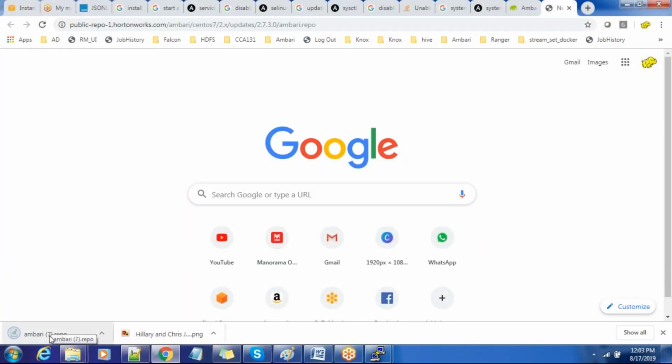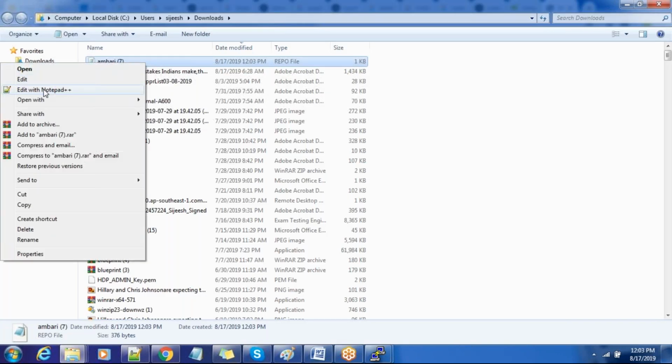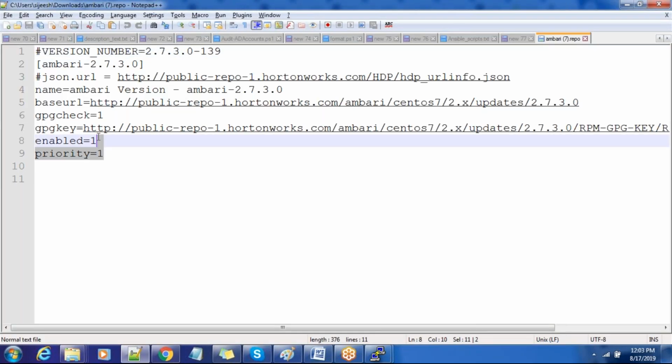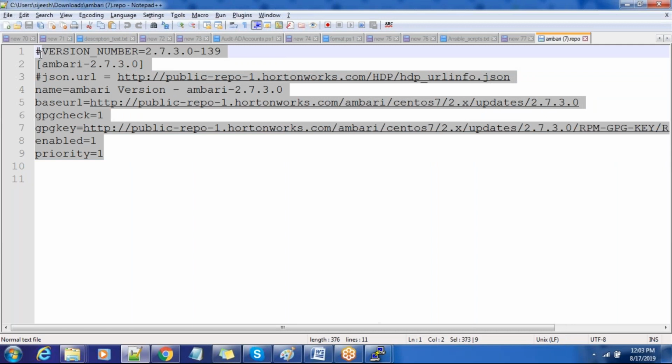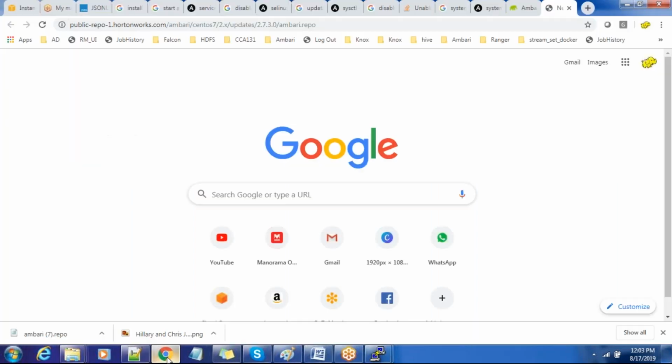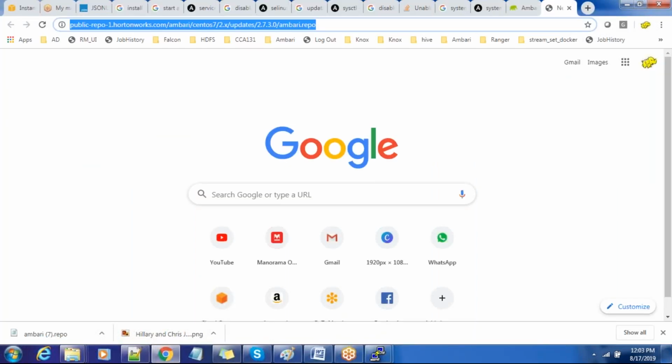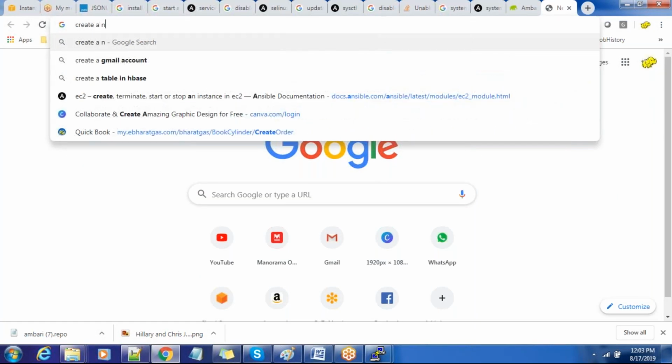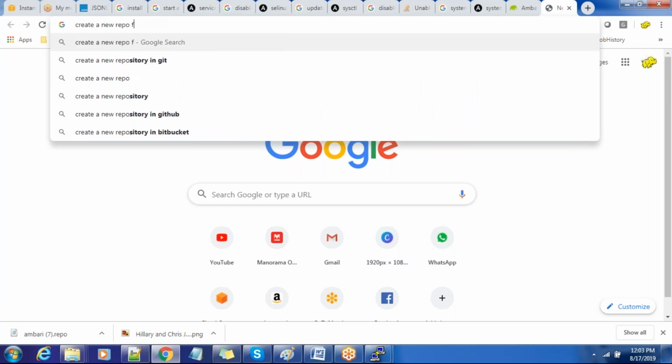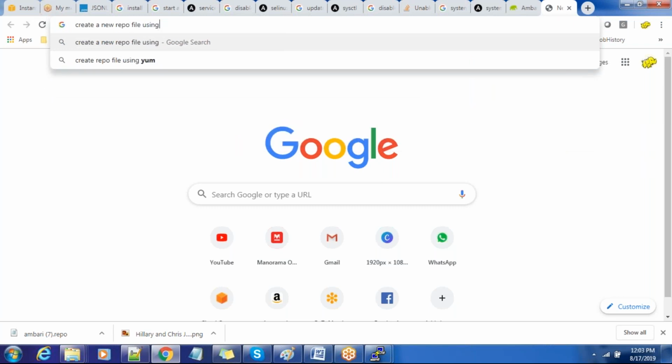You can use a downloading option like wget, but rather than that I'm using a different option. See, all these contents should be printed inside a new file called ambari.repo. So I'll create a new repo file using